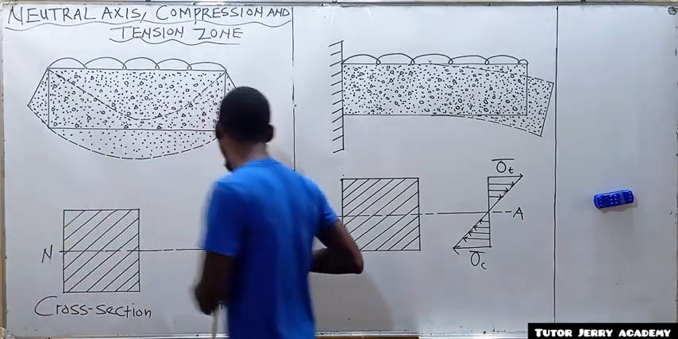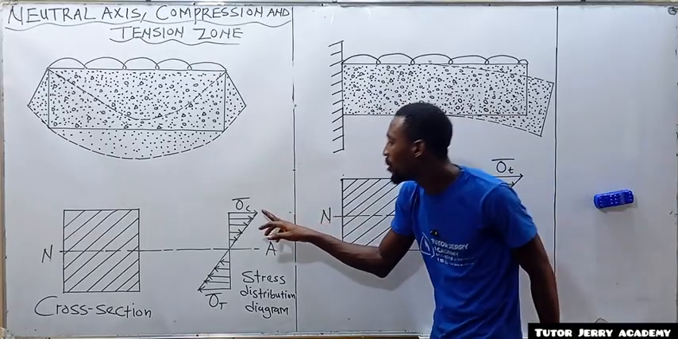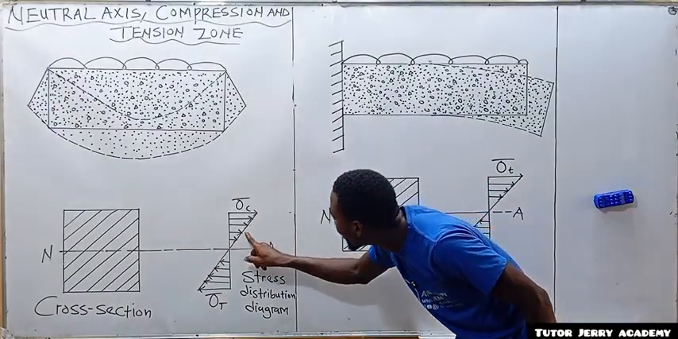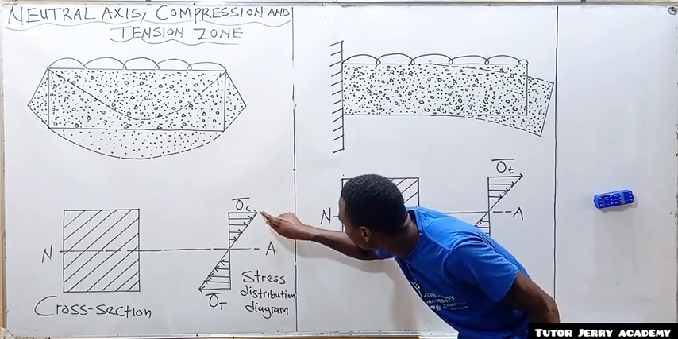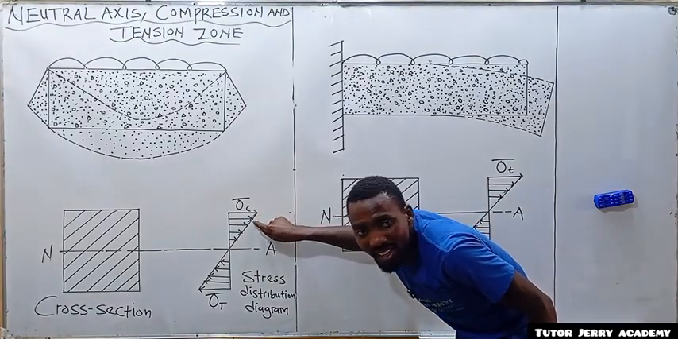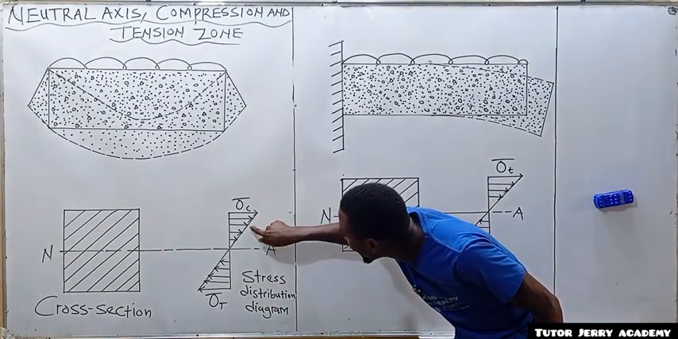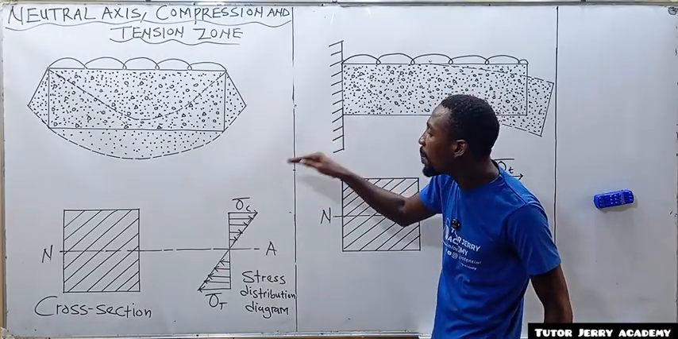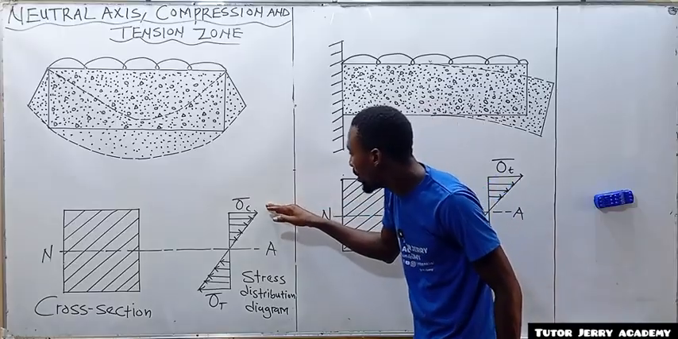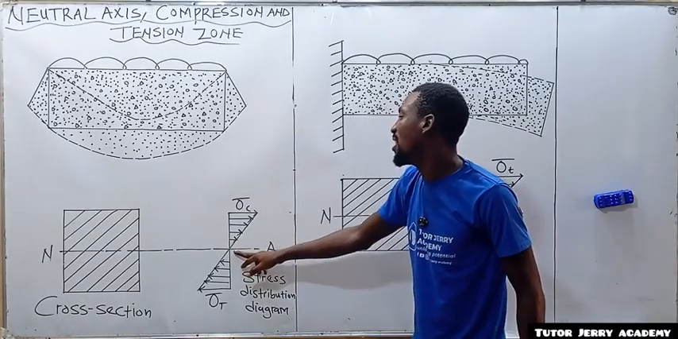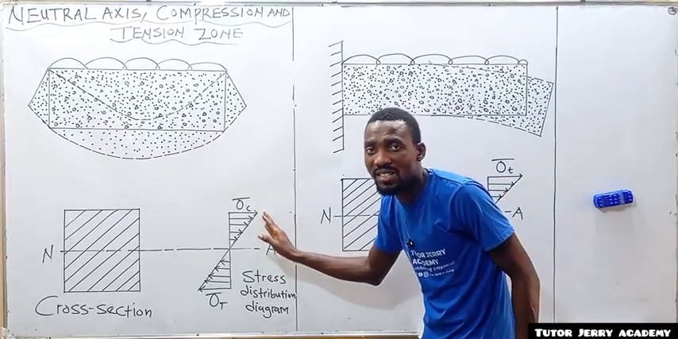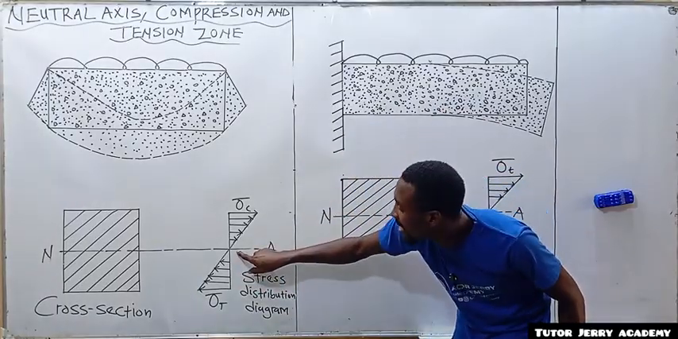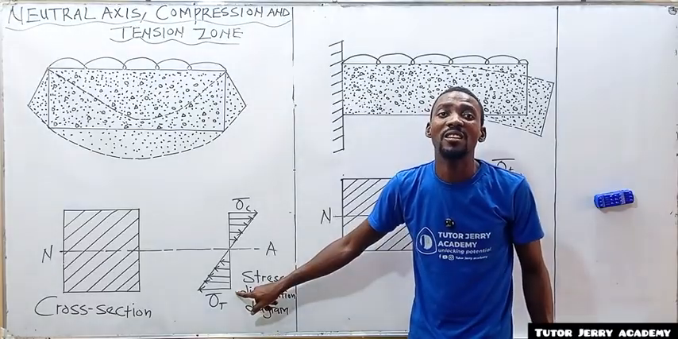If you look at this diagram clearly, you are going to observe that from the top to the neutral axis, the stresses are decreasing, right? You can see the stress here is greater than the stress here. The stress here is greater than the one here. The one here is greater than this. So from the top layer of this beam down to the neutral axis, the stress is decreasing. Is that clear? Now from the neutral axis down to the bottom part, the stress is